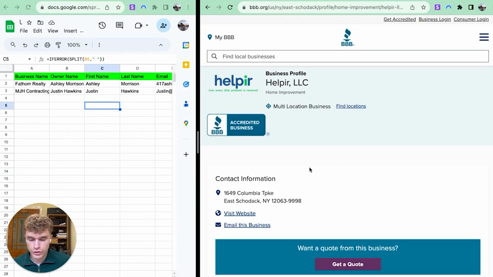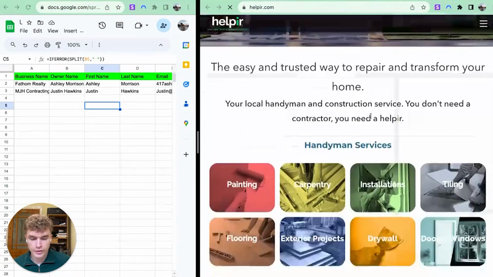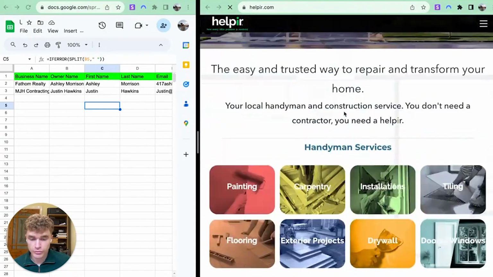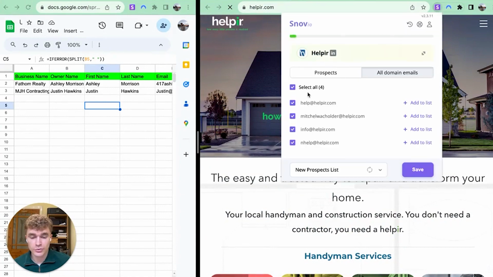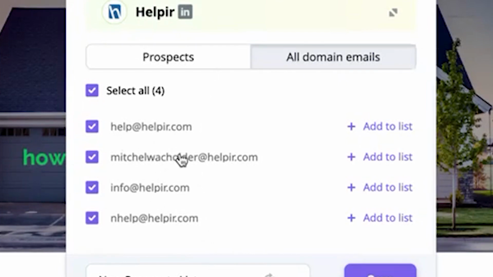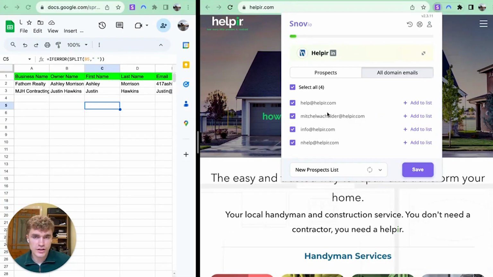Okay, so just to show you how Snov.io works, I found this website here. When you're on a simple website like this, a potential lead, if you just click on the Chrome extension, it will drop down and give you the emails from the domain. And the way that it finds these is actually quite clever. It searches the internet, and I think different email softwares and things like that. So now we have an email here that looks like Mitchell someone,